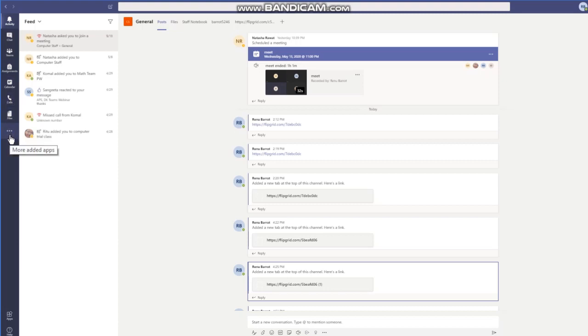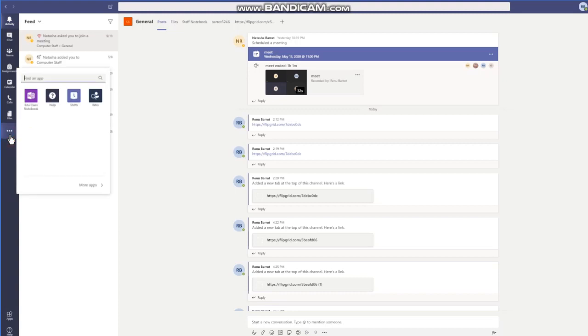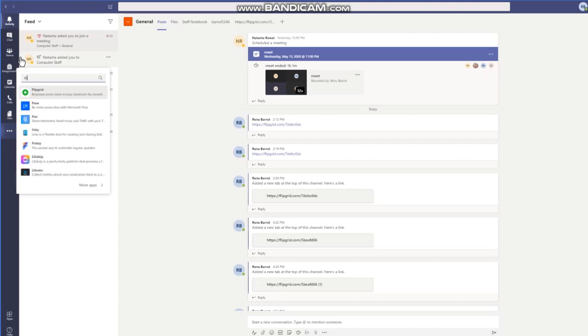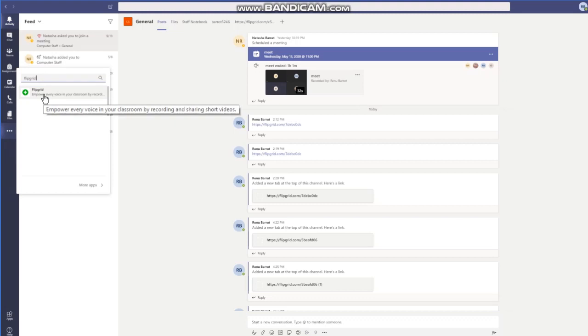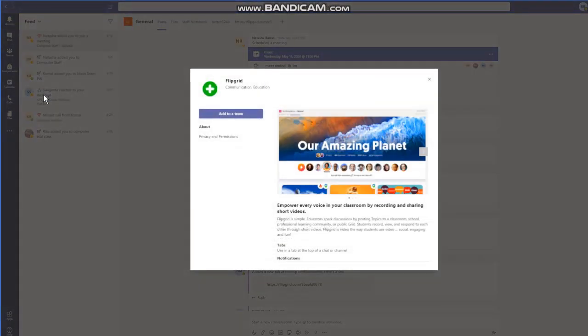We'll click on the three dots. These are basically to add more apps. Then we will find Flipgrid using this search dialog box. I am writing Flipgrid here. Yes, it is starting.